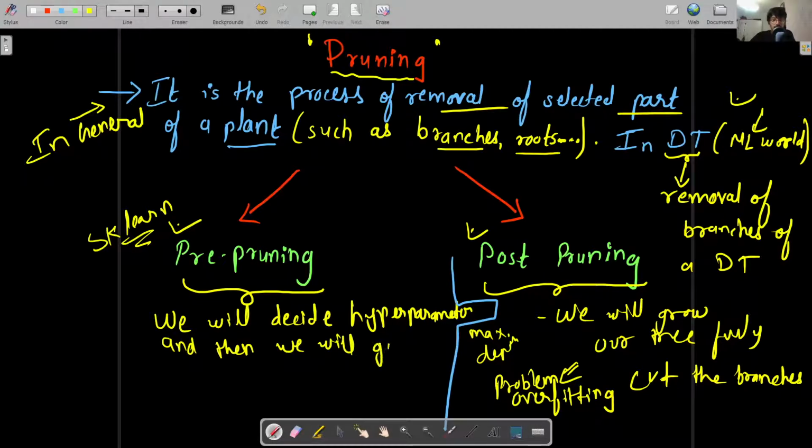For example, we will have the maximum depth, and let's say I decide the maximum depth is 3, and then I'll grow the tree up to 3 depths, up to 3 branches. So this is how pre-pruning works.